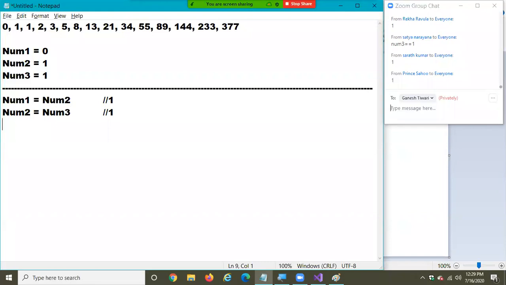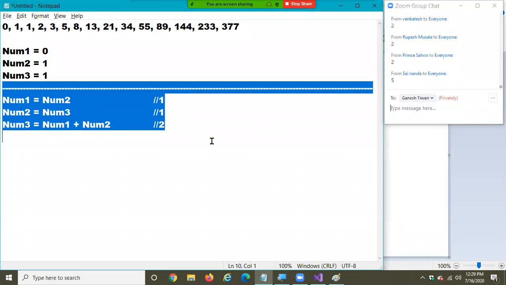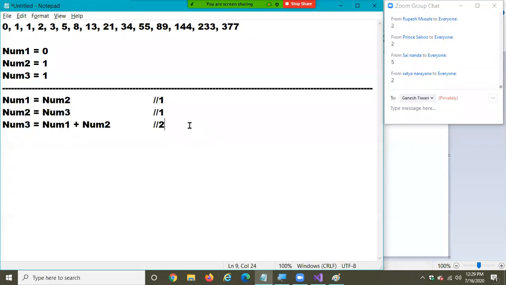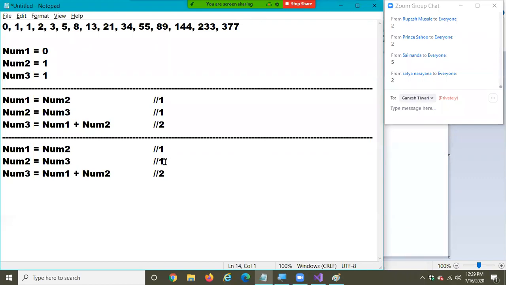Are you clear? Now, num3 is equals to num1 plus num2. Tell me what the value? 2.